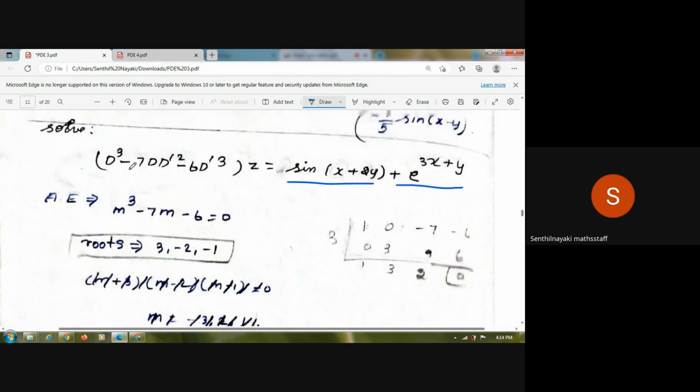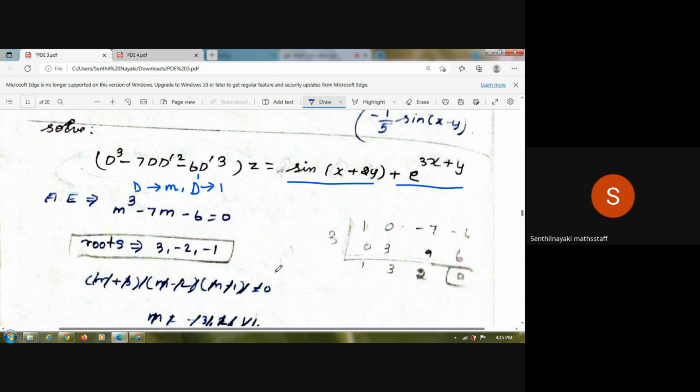So first we have to find out the complementary function. For finding the auxiliary equation, we have to replace D by m and D dash by 1. So the auxiliary equation becomes m cube minus 7m minus 6 equal to 0. Here there is no m square term. By using synthetic division, we have to find out the root. So first root, assume it